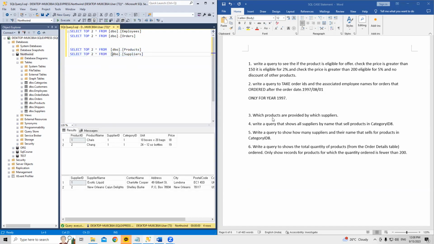What they're asking is: this product is there, right? So this is supplied by which supplier name. That's what they're asking. Is there any common column? Yes, supplier ID. Correct. So select supplier name, product name,